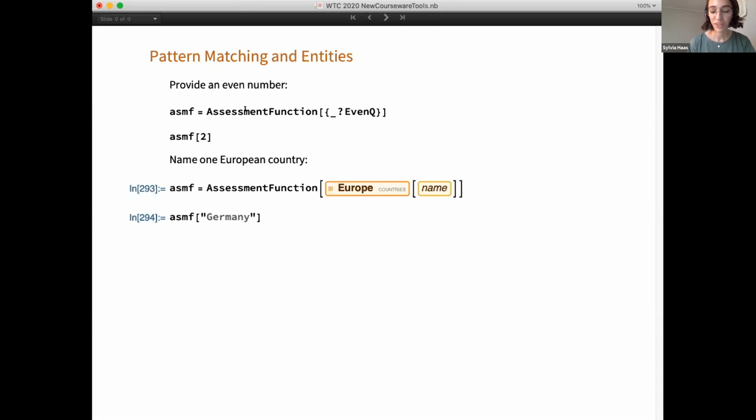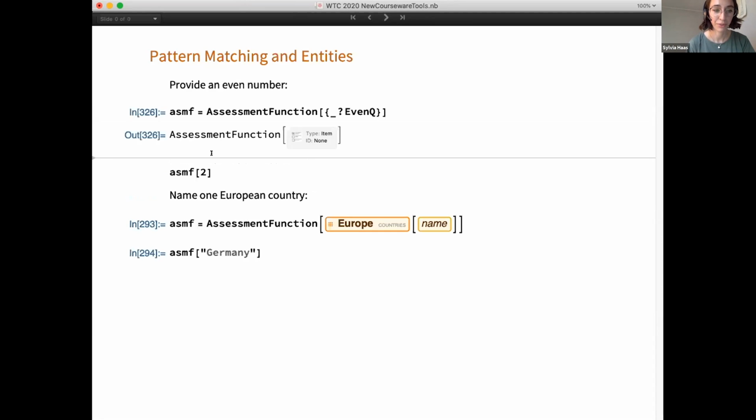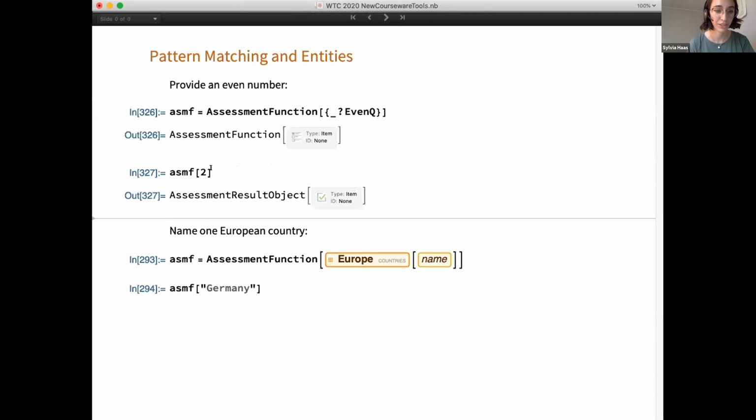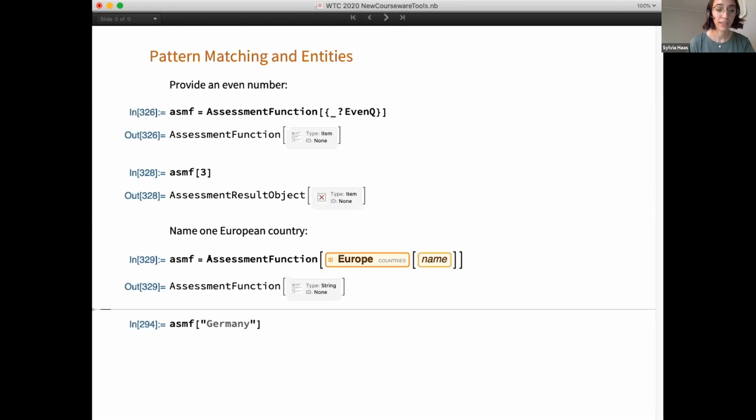So you can ask a student to provide an even number, for example. If we run this, we give them the answer 2, we love it. But if we say 3, it's angry. And similarly, we can do it for something like name a European country using the entities. And then if we give it Germany,